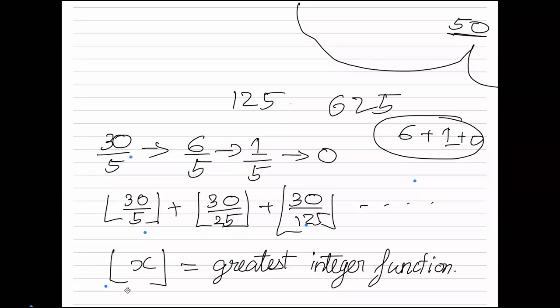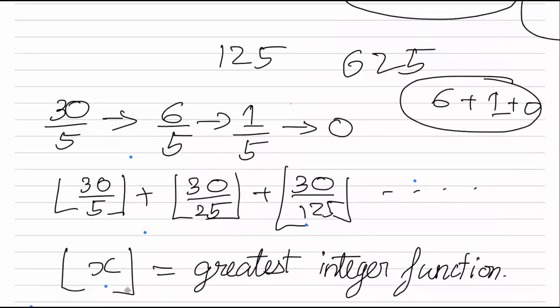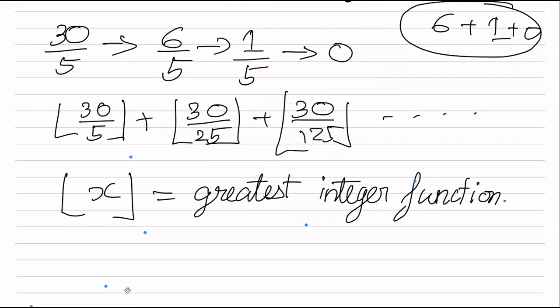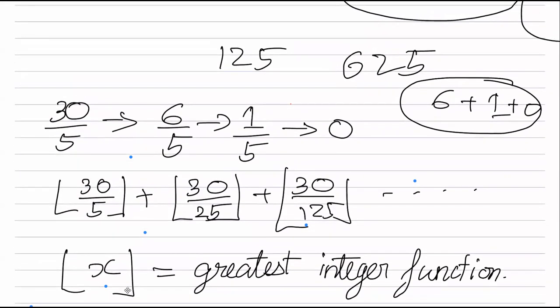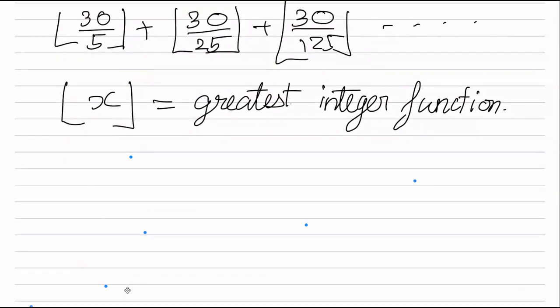In case you don't know what the greatest integer function is, leave it. It's of no concern right now to whatever I'm teaching. But it is the greatest integer less than or equal to the number. Again, just pay attention to the definition and you'll always find the answer correctly. Whatever I'm saying over here is the same as taking the quotient. If you have something divided by another thing, whatever quotient you have, that is your greatest integer function over here. I'll not complicate stuff because it gets confusing very fast. Okay, try question 5